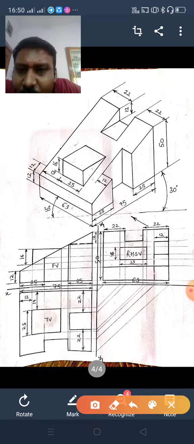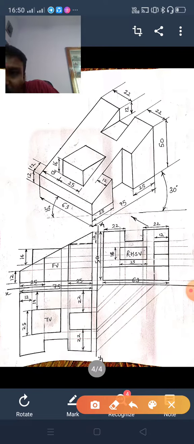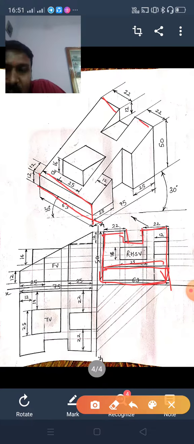Now once you are watching from here, what you are seeing, see, first this line is totally visible, this 12 mm line is also totally visible. So first of all draw this line dark. Okay, 12 mm, since this is height, you have projected this, so you will get this line clear. This whole thing is dark. Again this is also clearly visible, 22 22, how much is the depth, 12 mm, put it here 12, join this, it is completed.